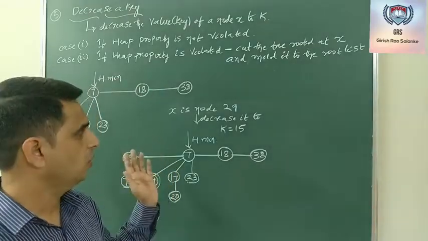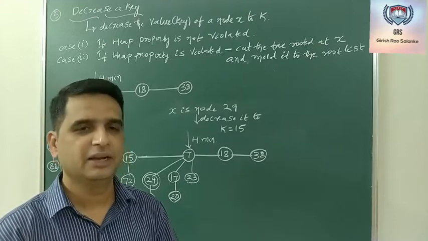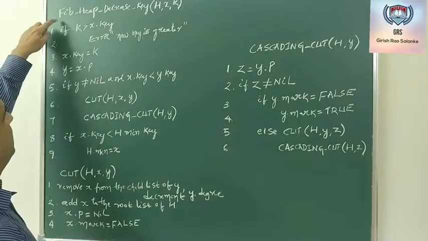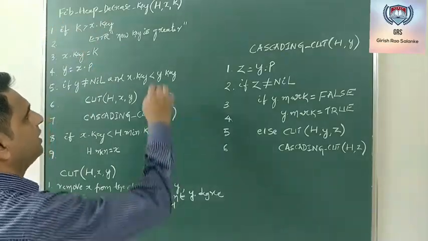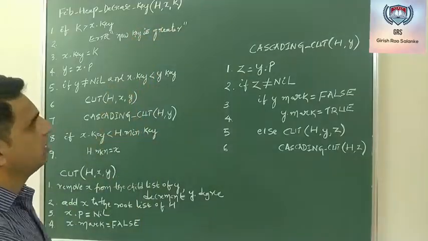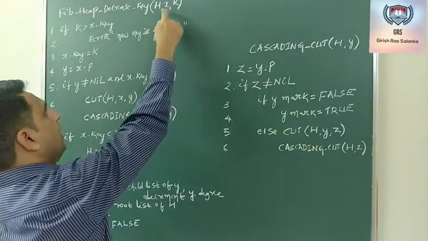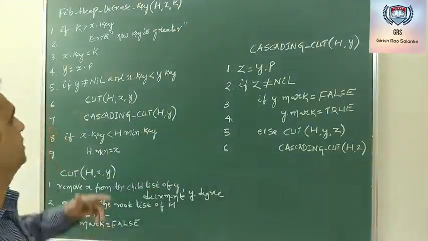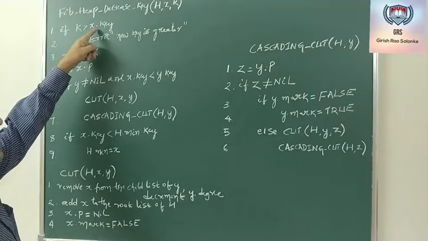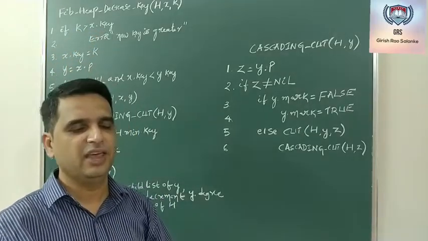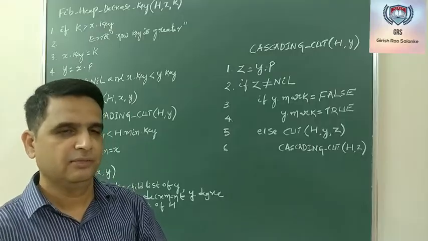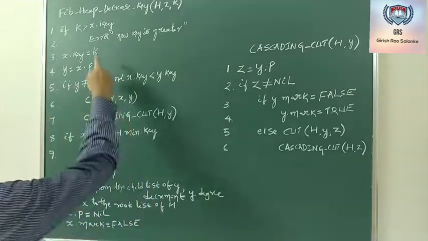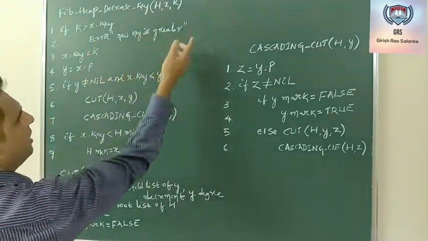Now let us discuss the pseudocode of this operation as well as the time complexity to perform this operation. Decrease key operation. The algorithm is named fib heap decrease key, wherein there are 3 arguments. The first argument is the reference of the Fibonacci heap h. Second one is node x, whose information needs to be decreased to k. So first step, if k is greater than x dot key, my objective is to decrease the key. If the value of k that I am passing is greater than the information stored in x, then it is obviously an error. So I am printing error, new key is greater than the current key.